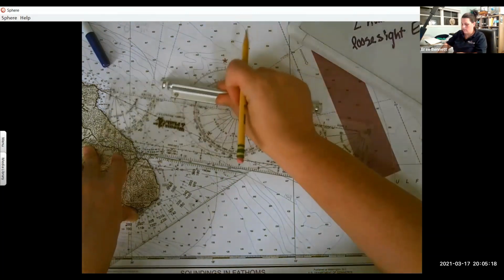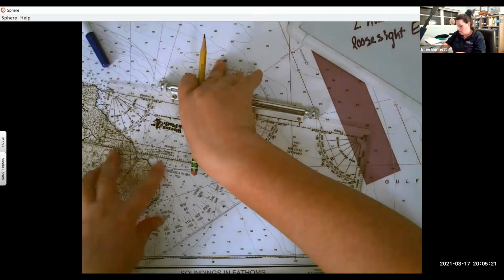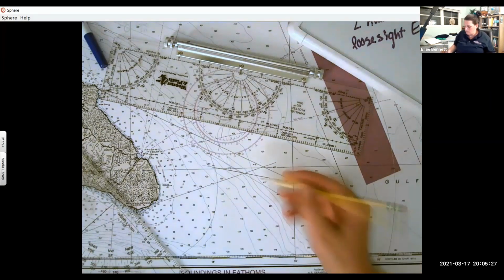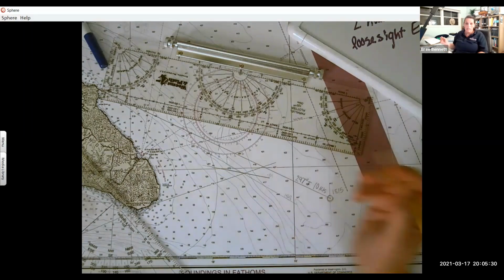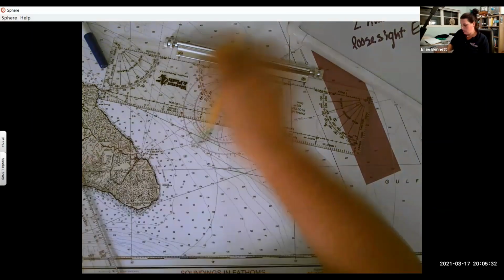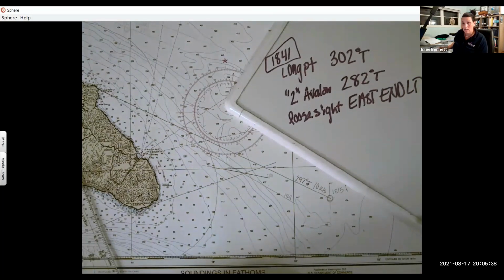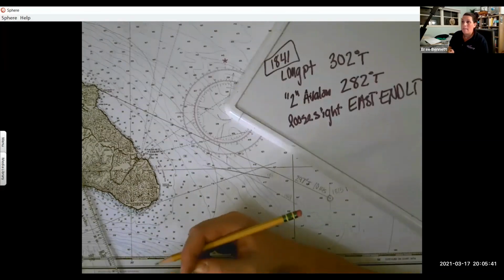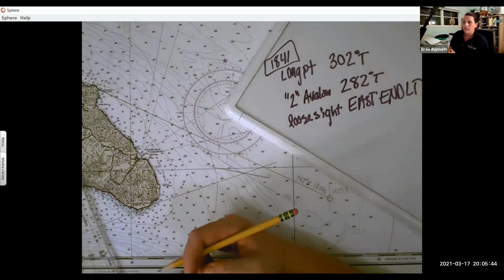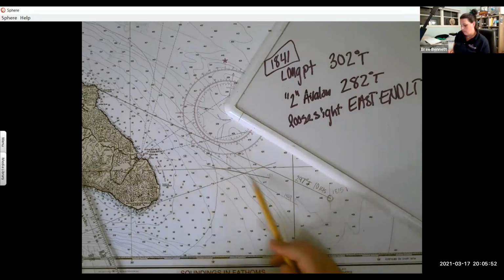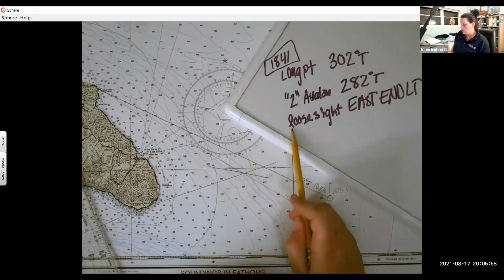Again, I'm just going to extend my line a little bit so we can get across. 1841. So I have an LOP from light number 2, an LOP from long point, and my third thing says I